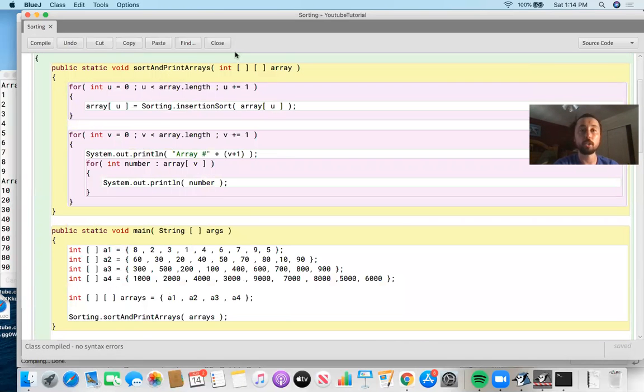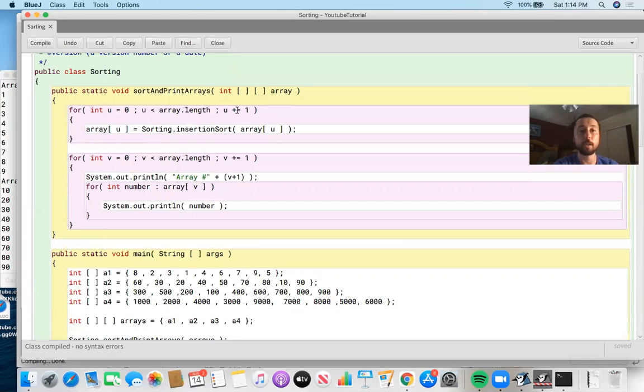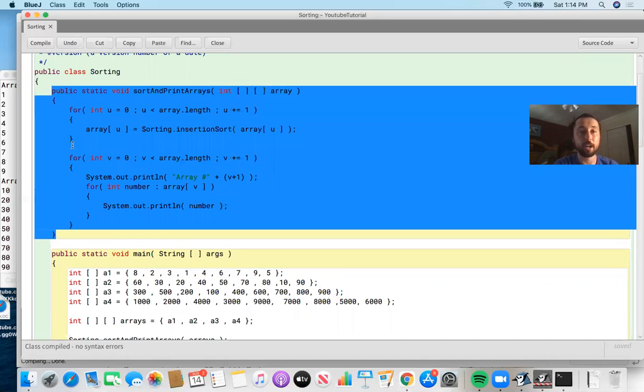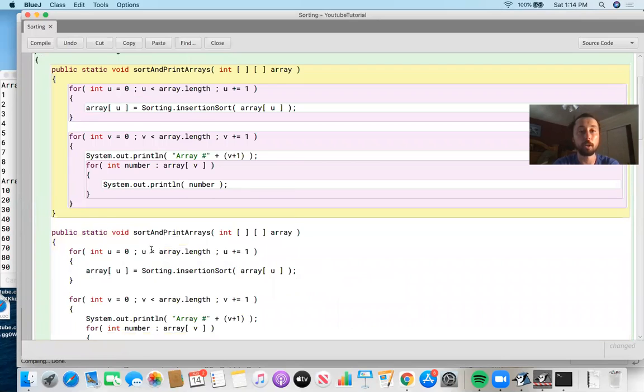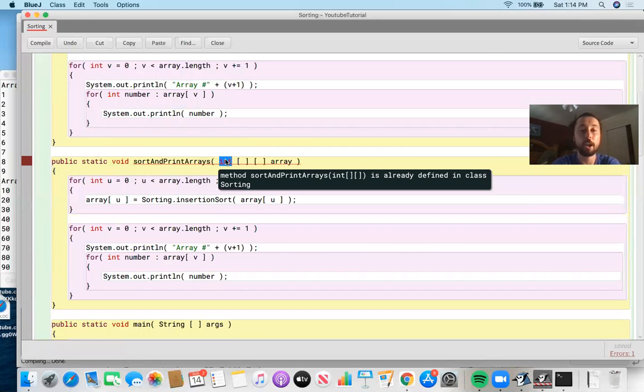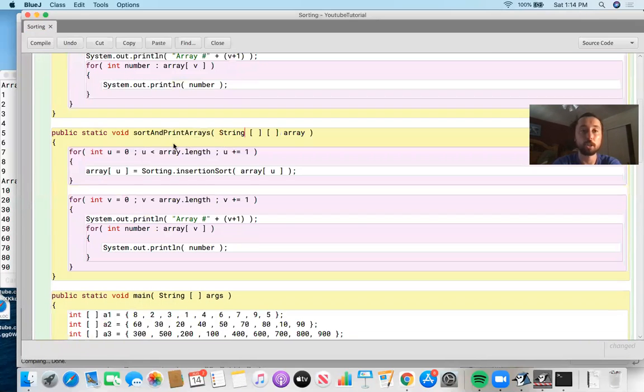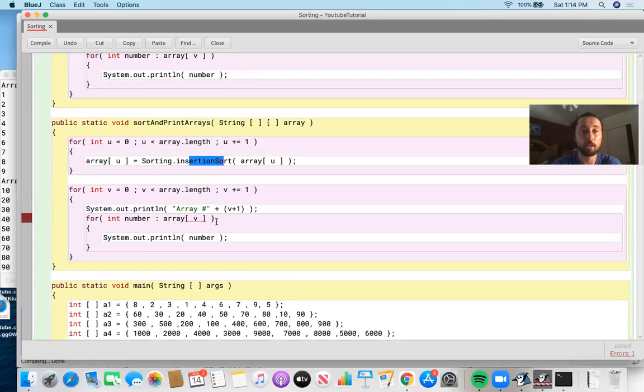So this sort and print array is basically what this was doing: it was accepting an int array, right? So what we would have to do is have an overloaded method, and then we could come up with the formulation for sorting and printing a two-dimensional array of string objects. So we're just going to make that string, right? And then we can still call insertion sort, right? And there's no problem with array of v, but then the only thing we have to do down here is